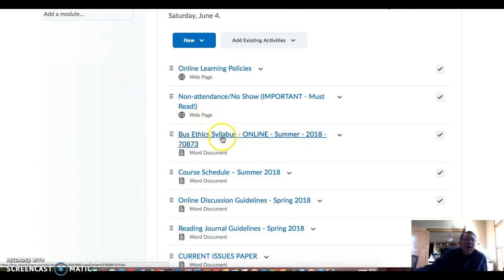So the syllabus, everything's in the syllabus. How I grade, what's graded. The syllabus is the Bible. If you're not sure what you're supposed to do, the answer's in the syllabus. If you want to know what your late policy is, it's in the syllabus. How much is everything worth? It's in the syllabus. So I expect you to read the syllabus. That's your job. I wrote it. That was my job. So please read the syllabus, know what's in the syllabus, know what the requirements are, and